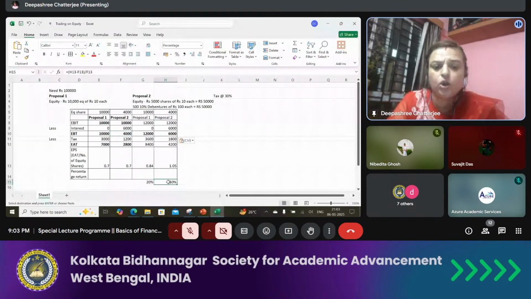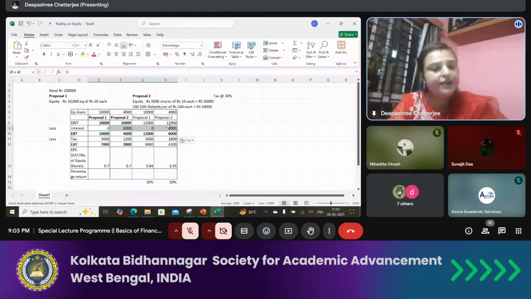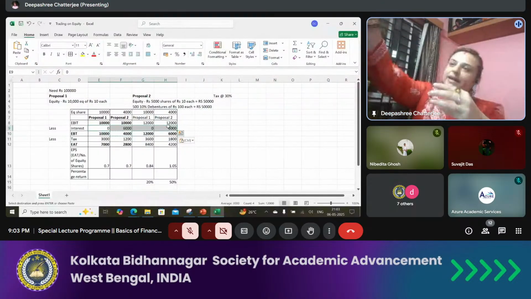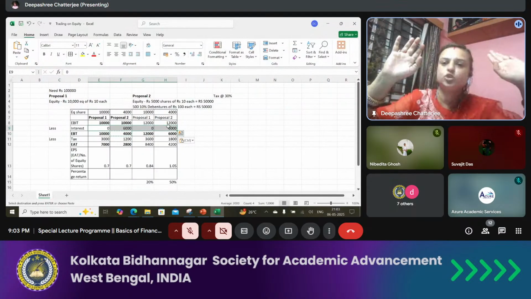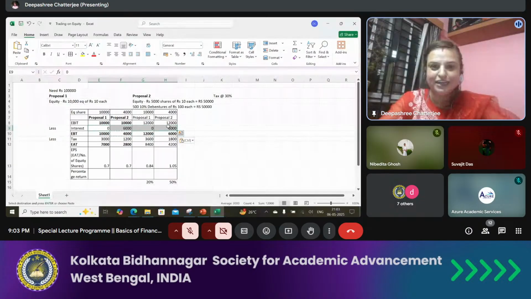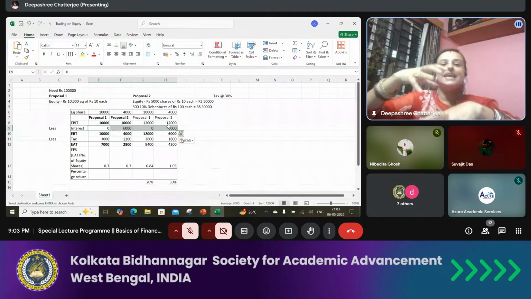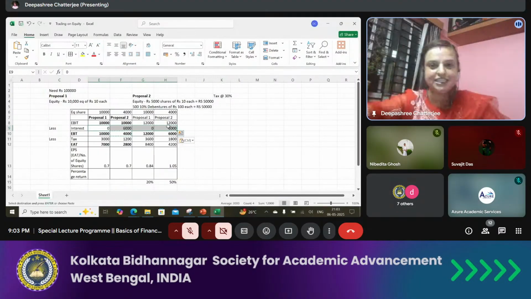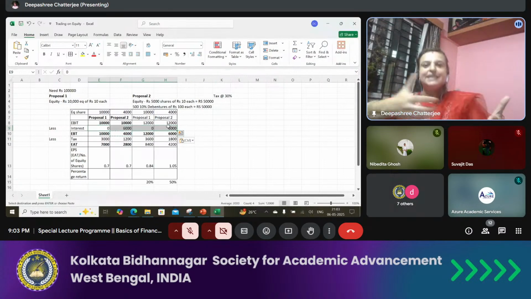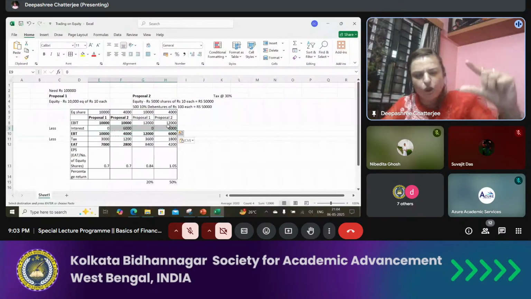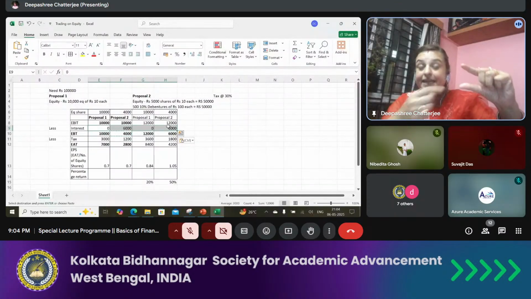What is the logic behind that? The logic is the interest remains fixed. So interest has not increased, so whatever profit has increased is entirely distributed among the equity shareholders. Our interest is not increasing, right? So the entire increase in EBIT is distributed among the remaining equity shares, and obviously they are getting a higher return. So this feature of increasing the return to the equity shareholders, even with a small percentage change in EBIT,